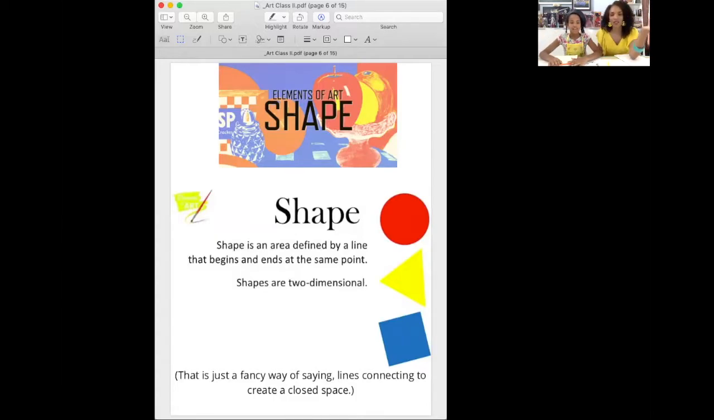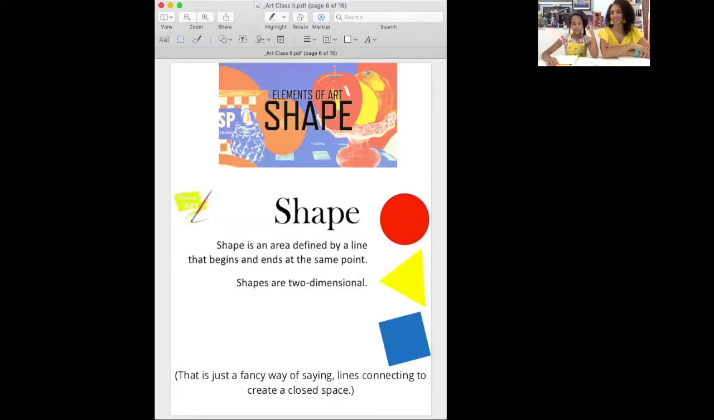So, what is a shape? A shape is an area defined by a line that begins and ends at the same point. Shapes are also two-dimensional. What does that mean, two-dimensional? That's just a fancy old way of saying